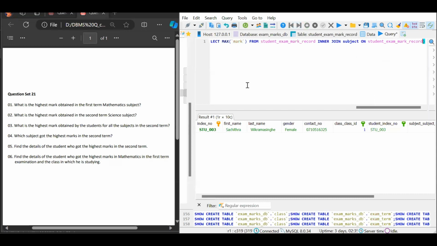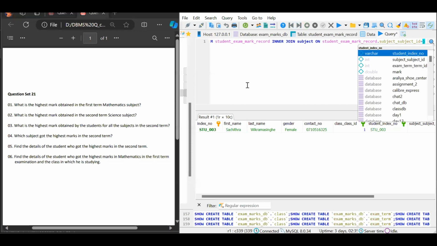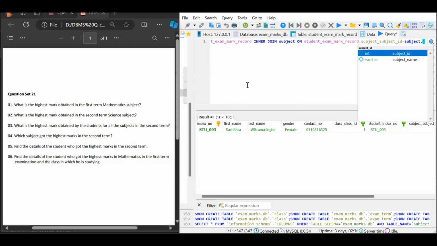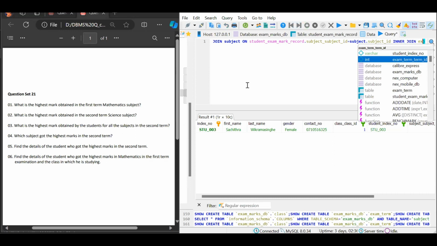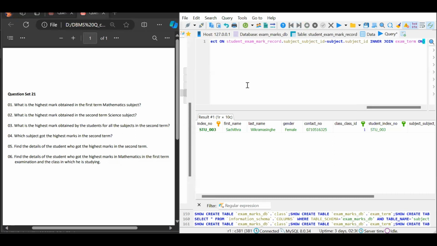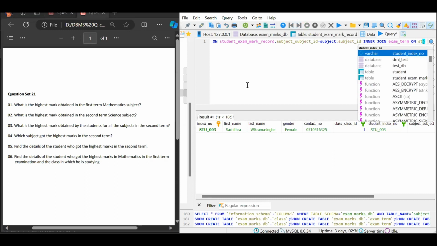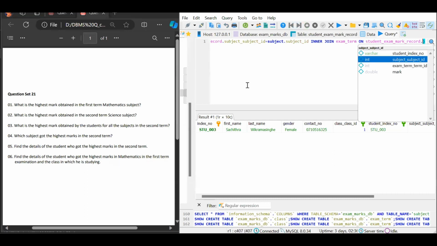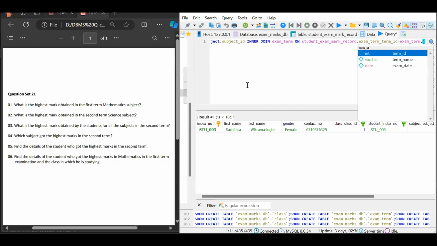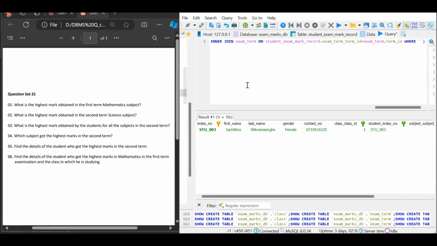the student exam mark record table dot subject id equals to subject table dot subject id, and then we can use an inner join, and then we join the exam term table, and then we can use the on keyword here, and then the student exam mark record table dot exam term id equals to exam term table dot term id, and then we can use the where clause here, and then we can specify the term name equals to inside the quotation mark the first term,